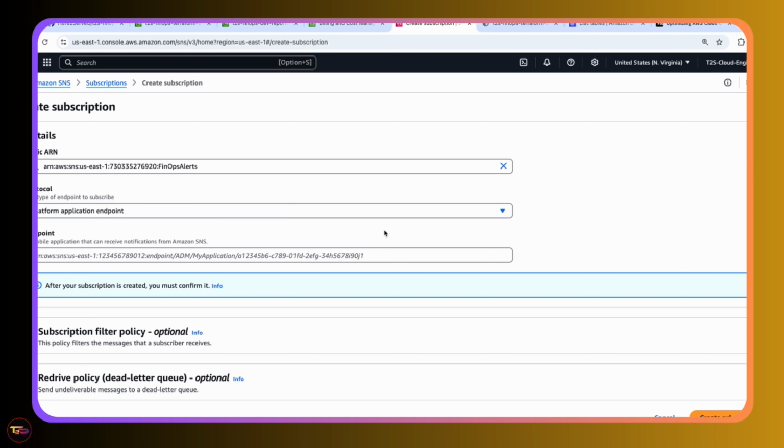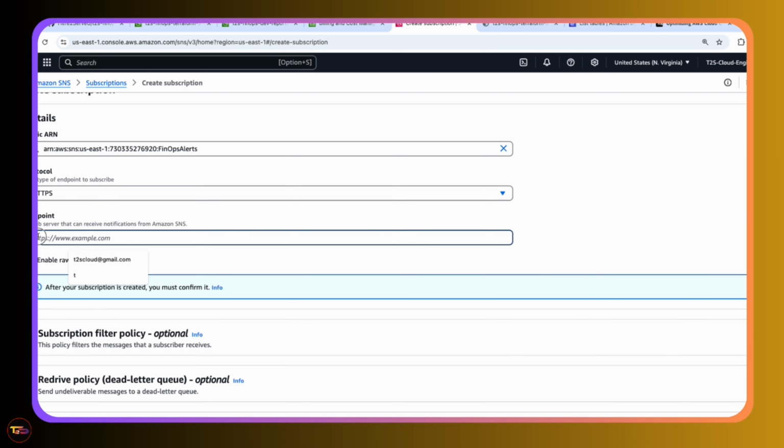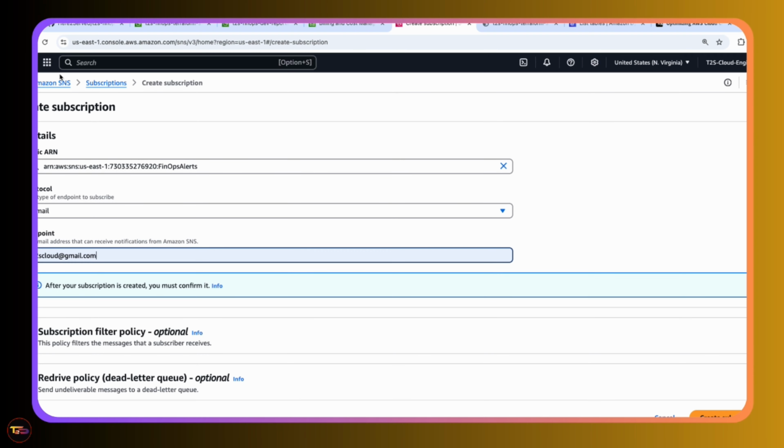You can also integrate a Slack if you want to. So a lot of options here. You can add an endpoint, which could be anything from anywhere, from any application. But for now, if you do email, then you just enter your email or the email of the team that's responsible for this infrastructure. And this is pretty much the basic infrastructure to keep track of your spending and budget